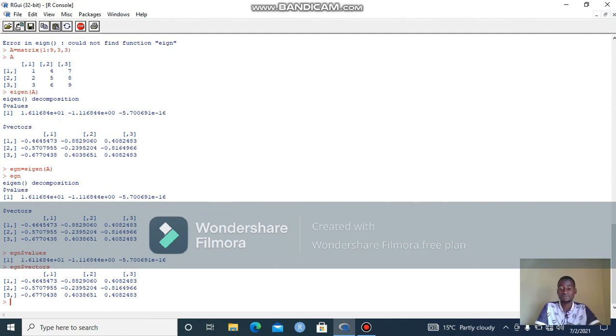matrices as required in mathematics. You must also be able to carry out different operations in matrices, such as finding the determinant, the transpose, the trace, the inverse, the dimension, creating a diagonal matrix, binding of matrices row-wise and column-wise, and matrix factorization, what we have just discussed, that is the eigenvalues and eigenvectors. So with that, we are done with the introductory part of